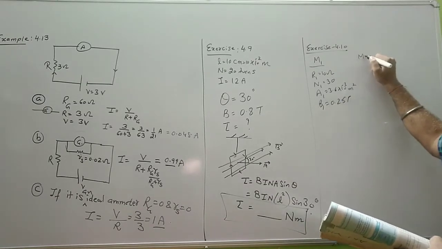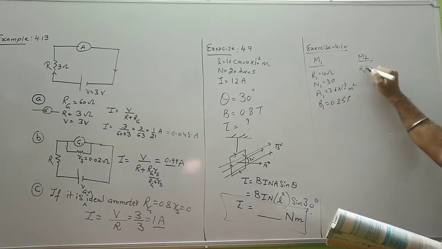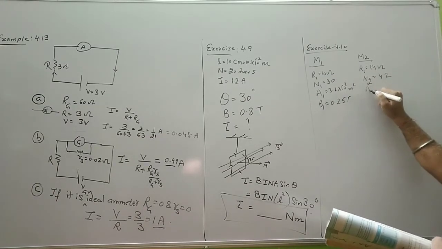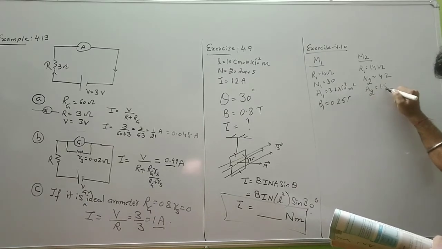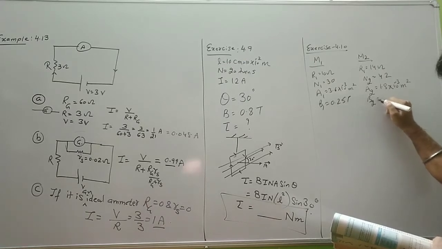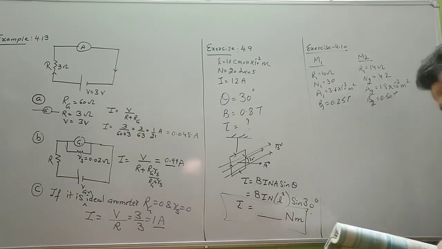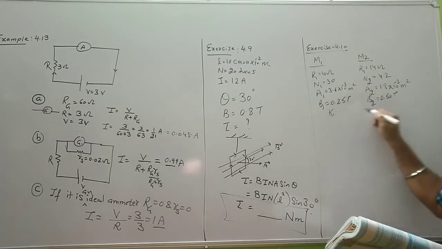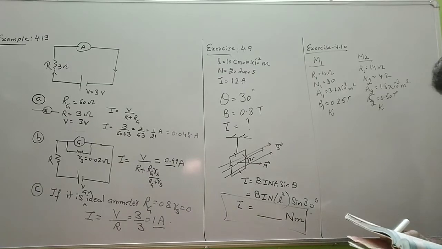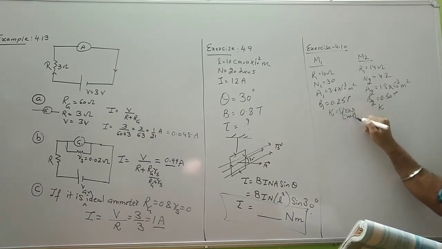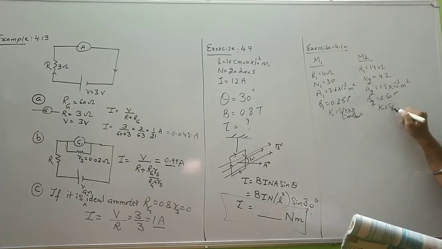And we have another coil whose resistance is 14 ohms, number of turns is 42, area is equal to 1.8 into 10 raised to minus 3 meter square, and its magnetic field is 0.50 Tesla. The spring constants are the same for both. So let the spring constant be K. This K is the same, that is, the spring constant.